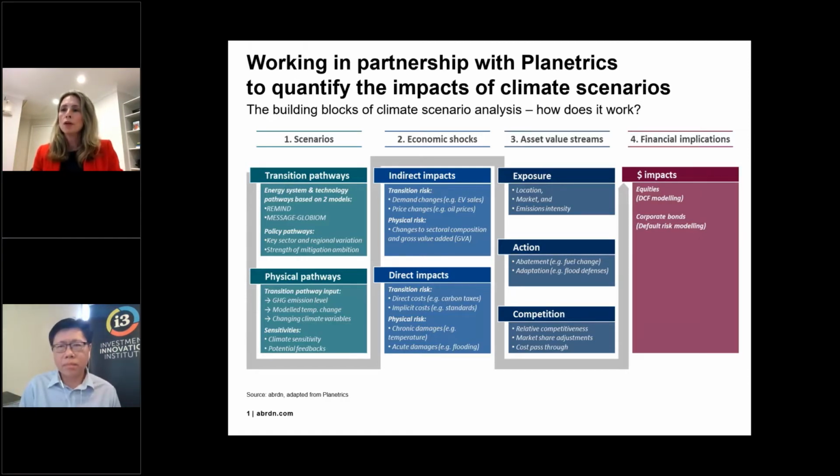One other point I'd like to make here is that depth of modelling is important, because you will also need to think about where a company sits on its cost curve, what the industry structure and dynamics are, because there will be abatement and adaptation measures available depending on the position of the company on the cost curve. So we do account for those in our modelling as well, which has really important implications for investment risk and opportunity, the insights and the data that we really get from the tool.